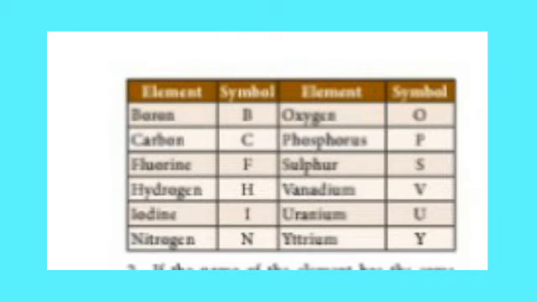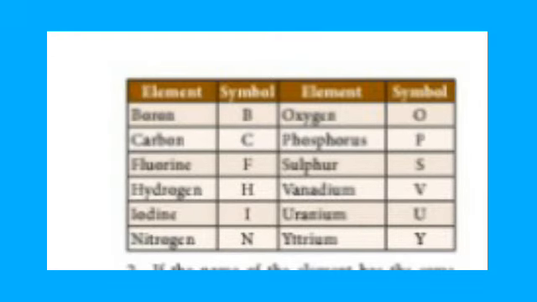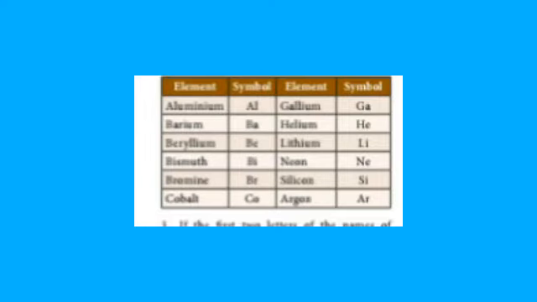Do you know how to write the symbol for a given element? While writing a symbol for an element, we should adhere to the following method. If the element has a single English letter as a symbol, it should be written in capital letter. Example, oxygen O, potassium K. For elements having two-letter symbols, the first letter should be in capital followed by a smaller letter. Example, Na. First letter, capital letter N.